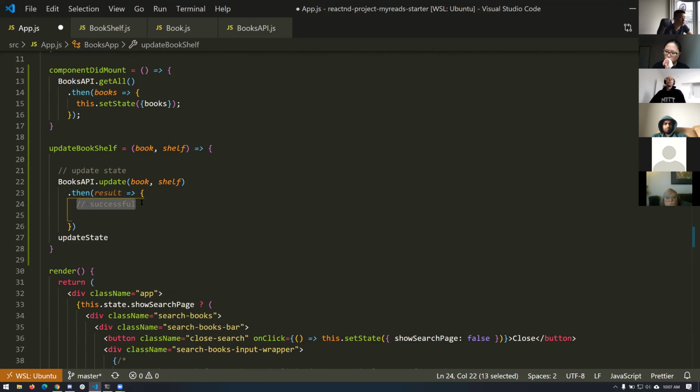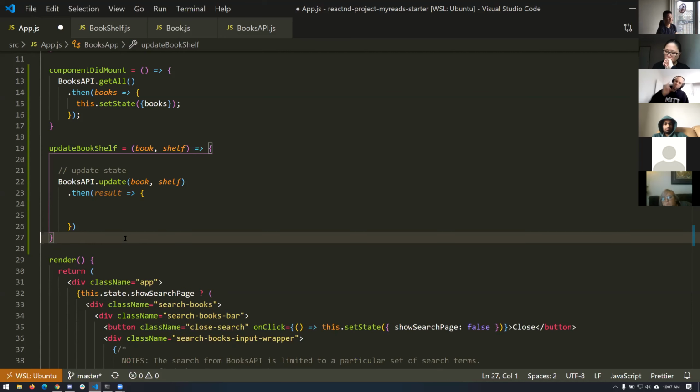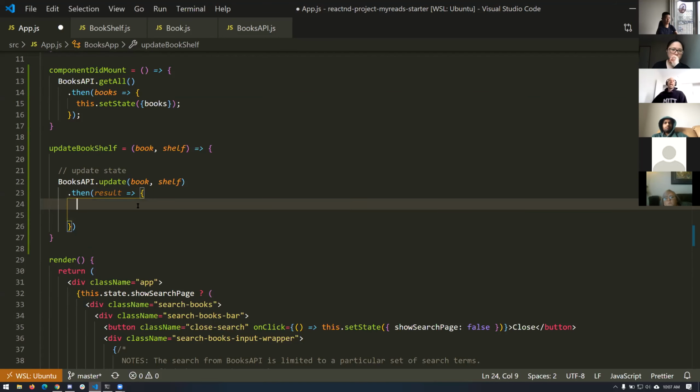So we can do it one of two ways. Way number one, the hard but optimized way, is go into our state and update that singular book. Go find that book in state, update that book. Okay, that's the easy way. Sorry, that's the hard way. The easy way is